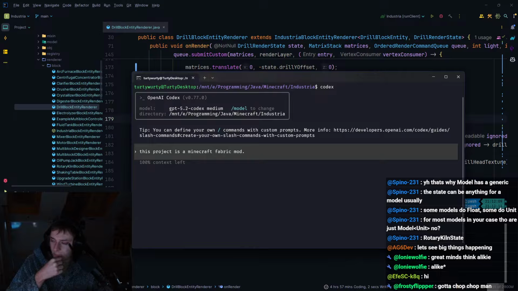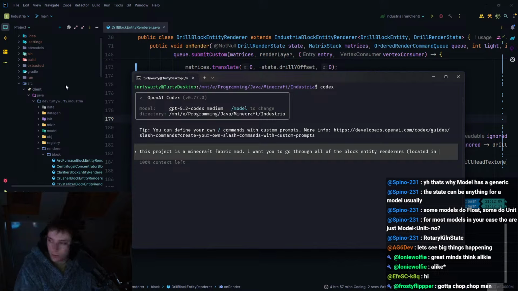Yeah, this project is a Minecraft Fabric mod. I want you to go through all of the block entity renderers located in, and we'll tell it where they are, because otherwise it's going to struggle to find them. So they're in source, client, Java, dev, Turdy, Industria, renderer, block, and modify them so that the